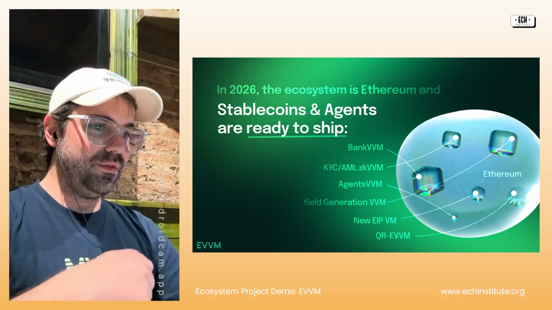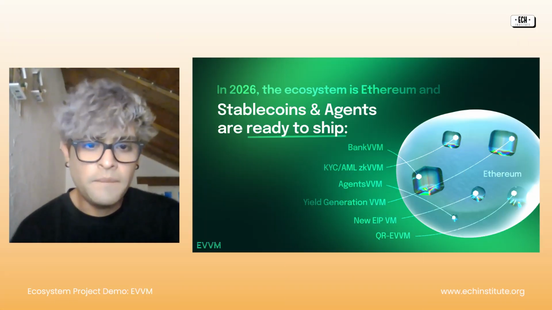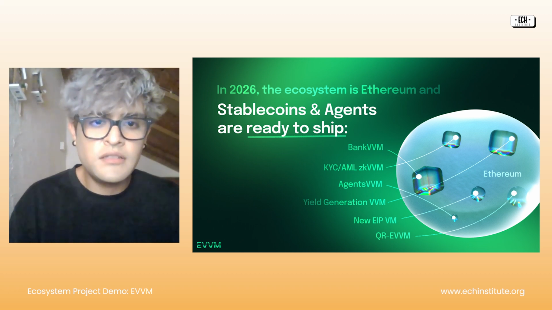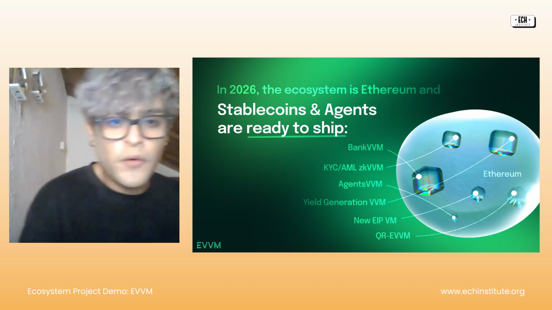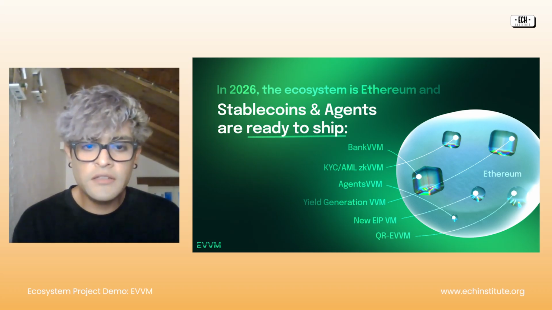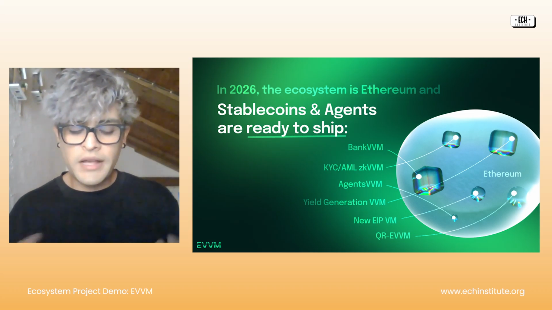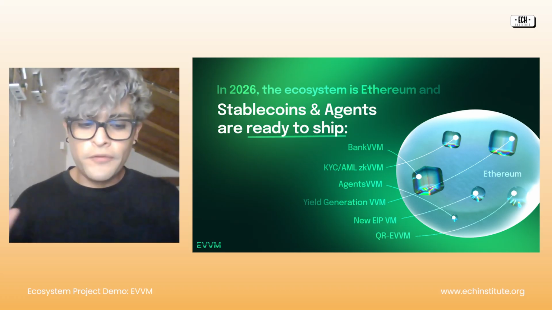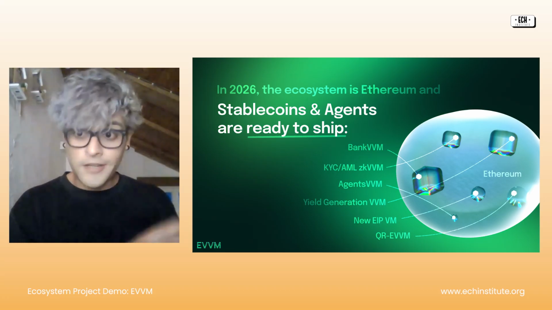I don't know, Kevin, if you want to explain a little more of our suite of solutions that EVVM has. Yeah. So right now, I'd say the ecosystem of Ethereum is stablecoins and agents, ready to ship. So we have a pretty good suite for all the stablecoins and agents needed. You can integrate with EVVM, make your own EVVM just for agents. Maybe you want to make a simple closed ecosystem for your own agents, or maybe like a Moltbook. For example, instead of having your own Facebook for your agents, you can have your own blockchain for your agents.